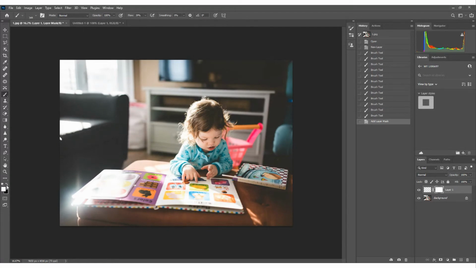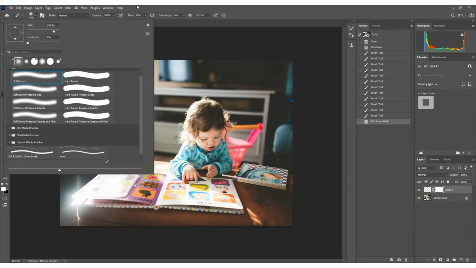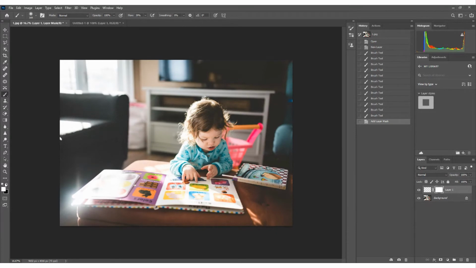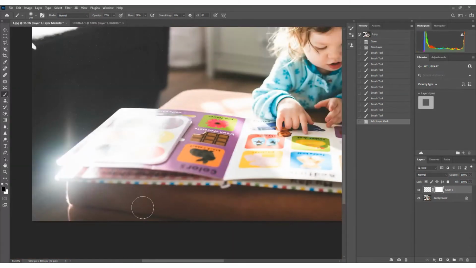But if we then go to the brush tool, I'm going to select a different brush now. I'm going to select a soft round brush there, and I'm going to change it to black. The reason why I'm changing it to black is because the layer mask is white, and what this means is that I can paint away the effect. So what I'm going to do is bring this flow down a little bit, maybe bring the opacity down. You don't have to. Maybe just bring it down a little bit. And now I'm going to zoom in. And if I paint away,